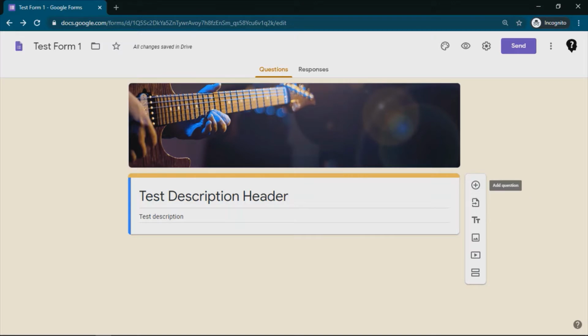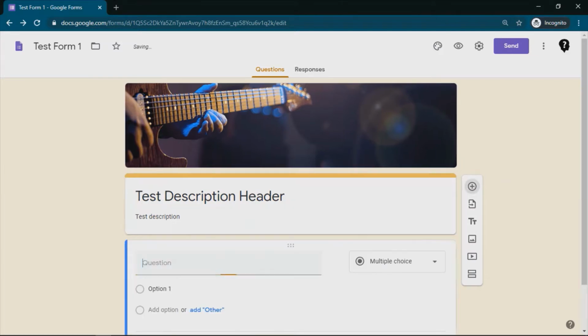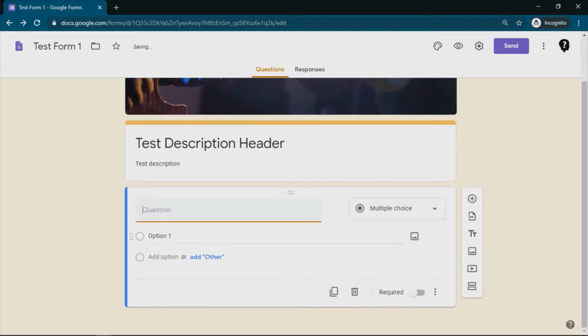So let's go ahead and hit the add question button here. So today we will see some of the questions in this video. So when you click on add, by default it opens up in a section or a separate question window. Now this is very crucial: what kind of questionnaire we are designing, what type of questions we are asking, what type of answers or inputs we are seeking from the users. So from all this perspective, this is very important.